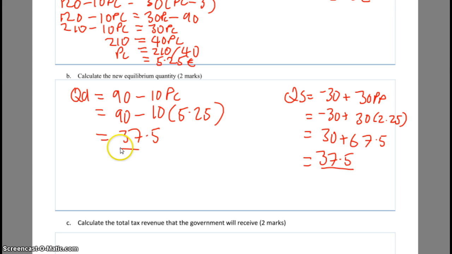And just seeing that we've got both on there, and obviously 37.5, it's in hundreds, so it's 3,750 sacks. Okay, so